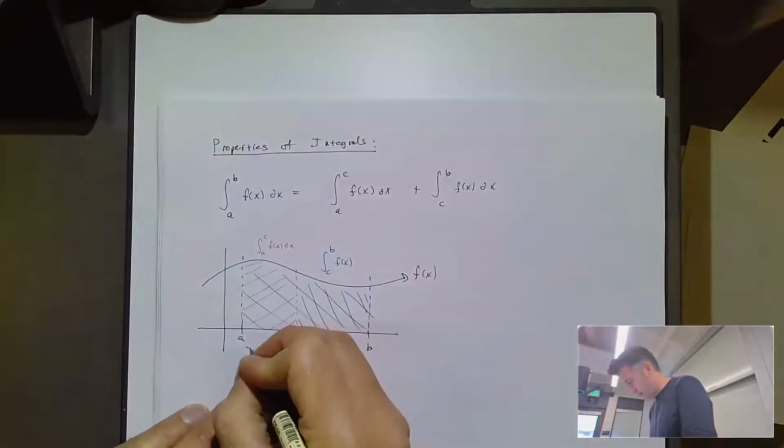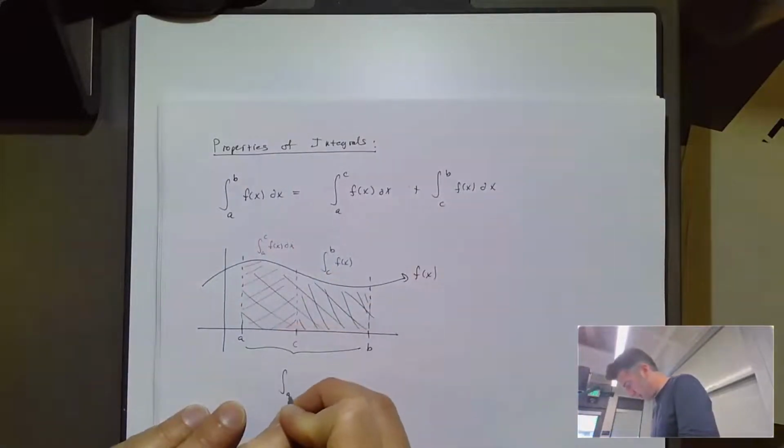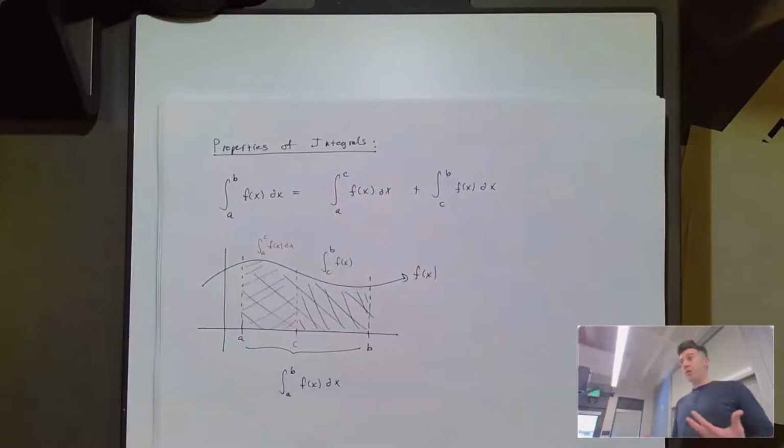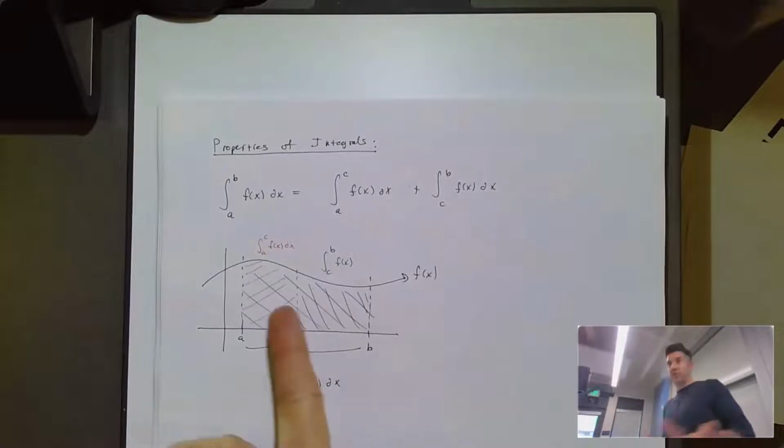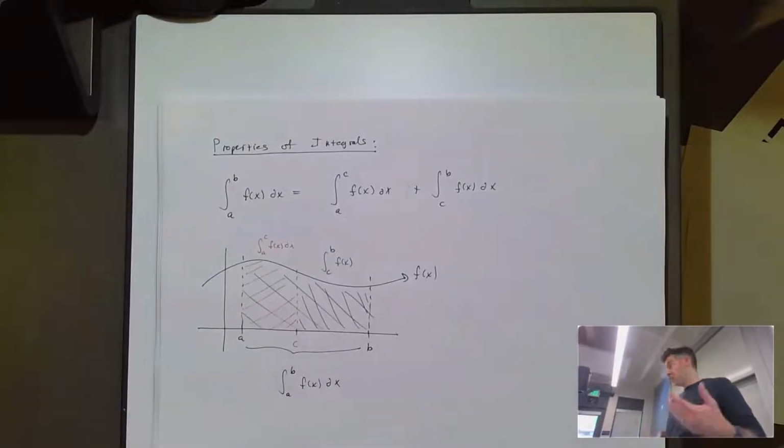That entire area is the integral from A to B of f of x dx. And those are definitely equal. The red area plus the green area equals the total area. So you can break up an integral at any point in between the two endpoints. And in fact,